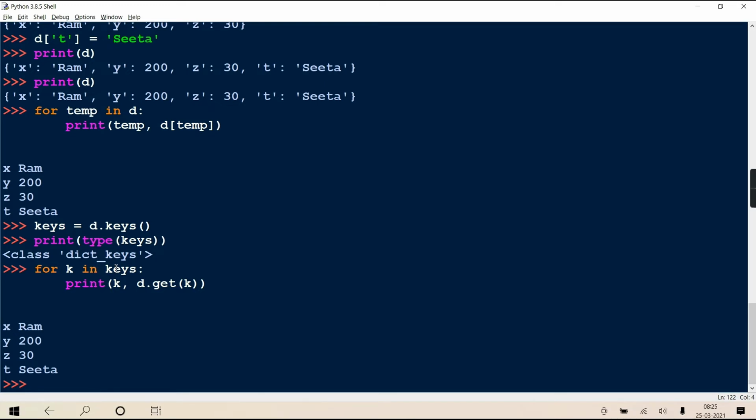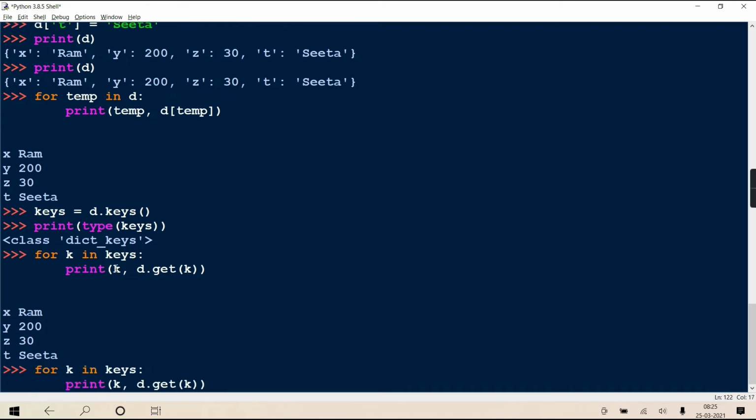So now instead of collecting that, can I directly use d dot keys in place of the keys object? Here, can I write d dot keys? Valid, no issues. You understand, no? Why? Because d dot keys is going to return one iterable object. What will come in place of d dot keys?